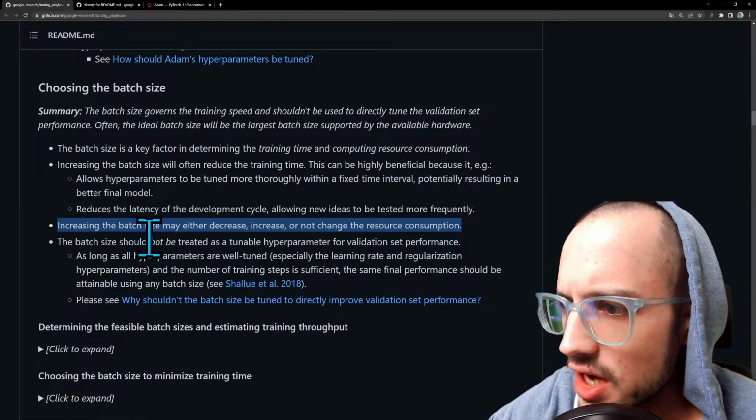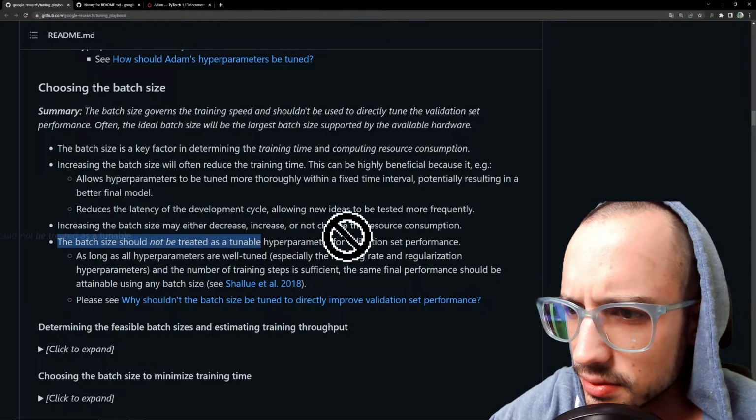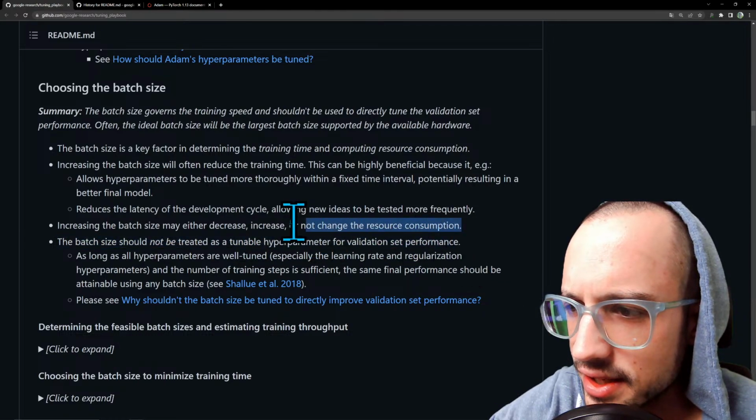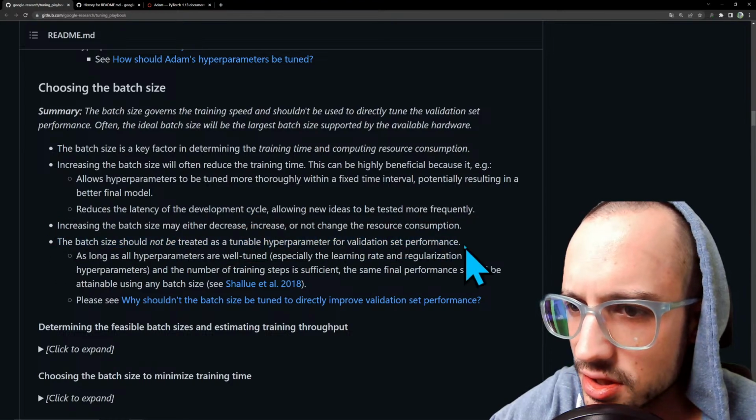The batch size should not be treated as a tunable parameter for validation set performance. Yeah, the batch size doesn't actually matter for the validation data set at all, because the validation set is more about